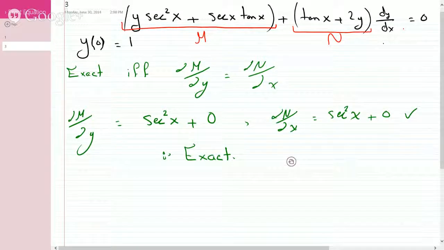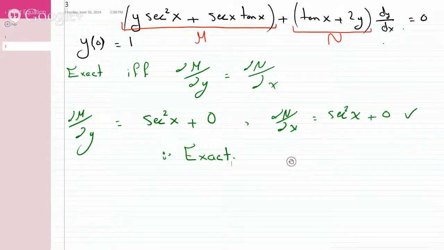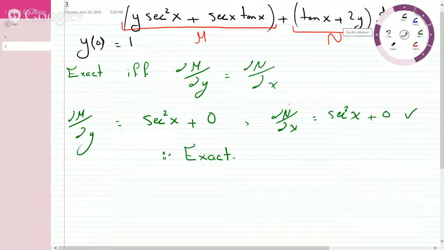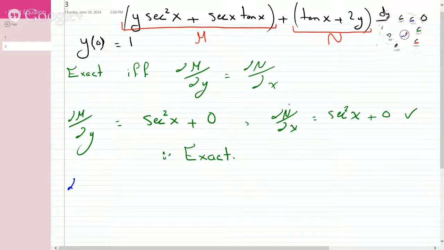And if it is exact, then there exists some potential function whose gradient is the M's and the N's. So that means there exists some f whose